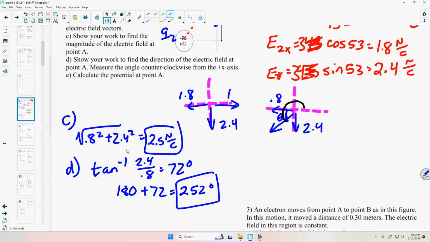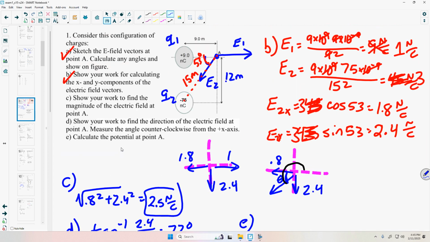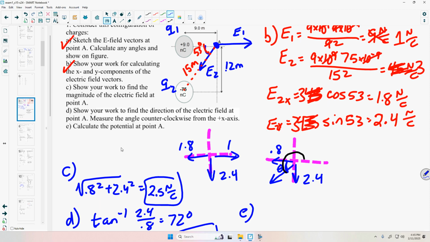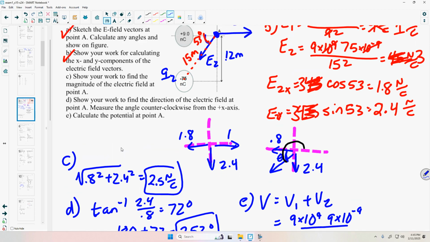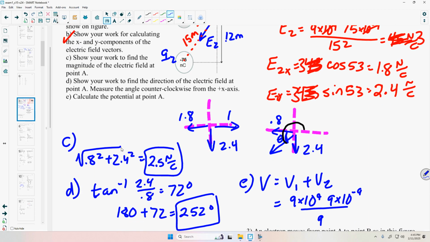And then for the final part, is just finding the potential. This is a little bit easier. I find the potential at that point. I'm going to sum up the potentials due to the individual charges, V1 plus V2. That's going to be 9 times 10 to the ninth, times 9 times 10 to the minus 9, divided by 9, and that is a positive charge, plus 9 times 10 to the ninth, times negative 75 times 10 to the minus 9, divided by 15. And so that gives me